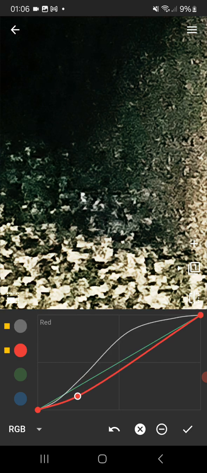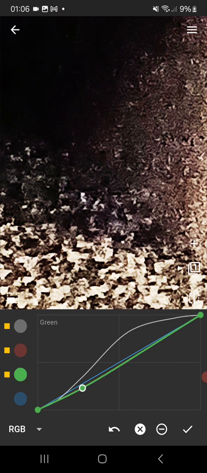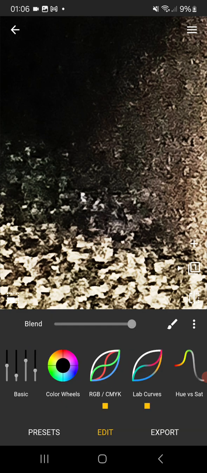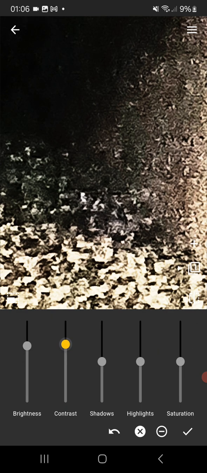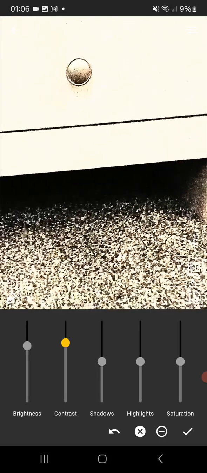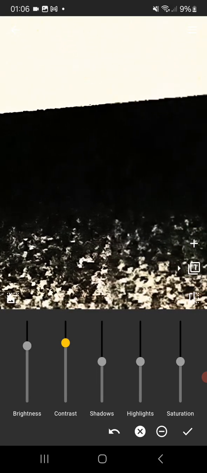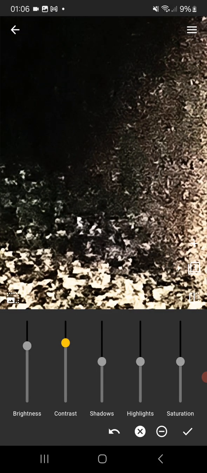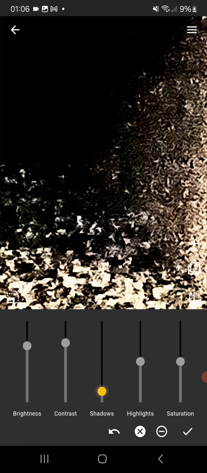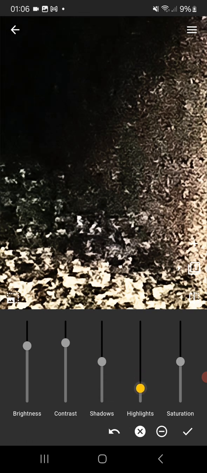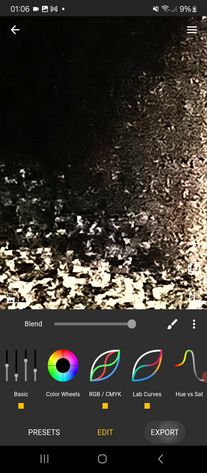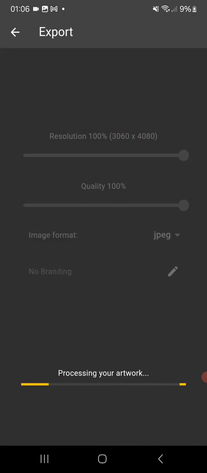So now we need to start taking some of these reds and greens out. So little, right small there. So we'll export that out